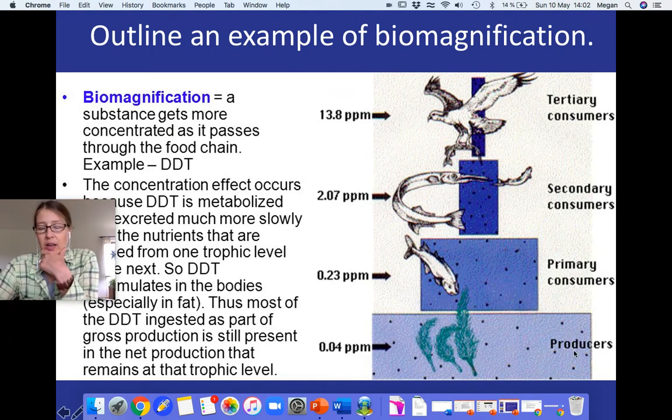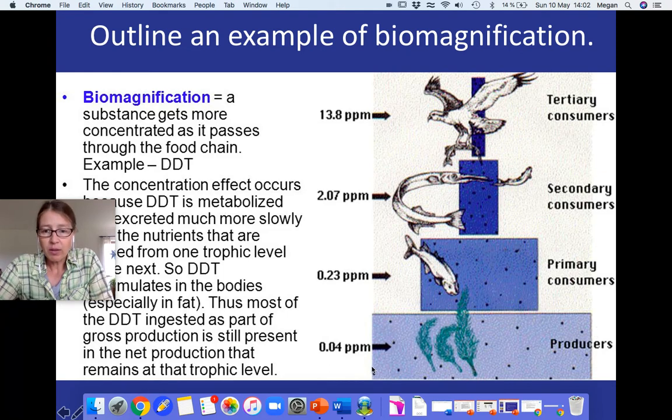And so if you look, at this level, the producers, which, often we're talking about an aquatic ecosystem, we're probably looking at microalgae and zooplankton and little things like that. It might not be the producers, it could be some zooplankton that are maybe the first level consumers, but you have a certain level that actually is released into the water, right? Well, when they take that up, if you look at that first food chain, so let's say the producers, or the bottom part of the food chain, is taking up this concentration, okay, that they're eating it. They might be eating some little microplastics or absorbing some of the DDT somehow. So this is the concentration at this trophic level, at this bottom trophic level.